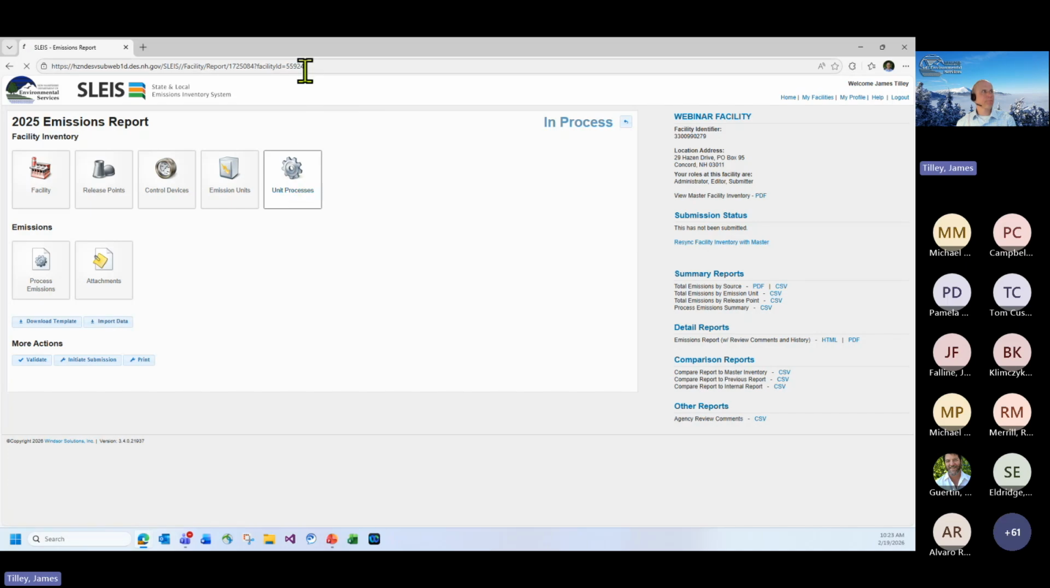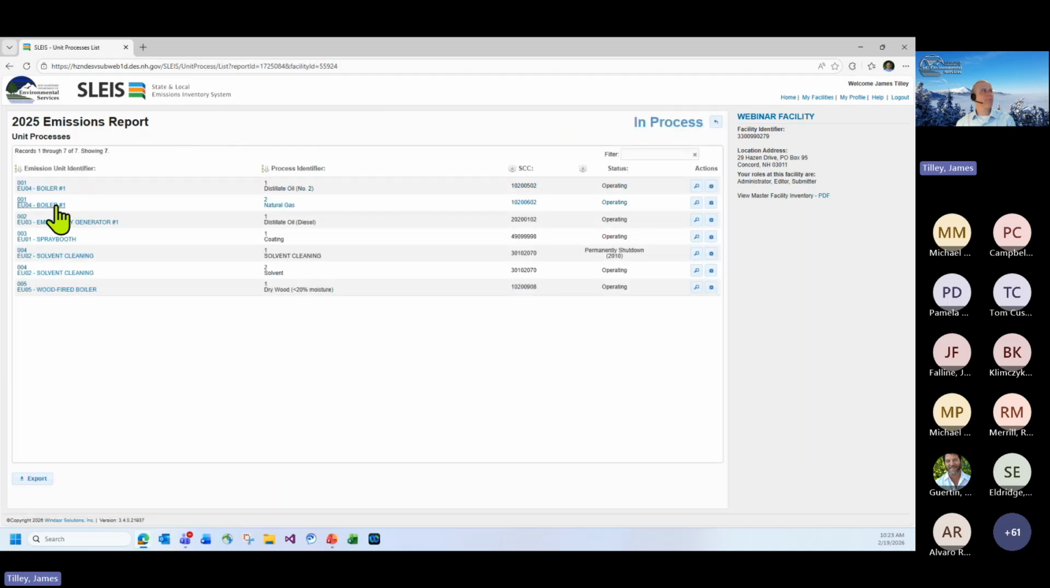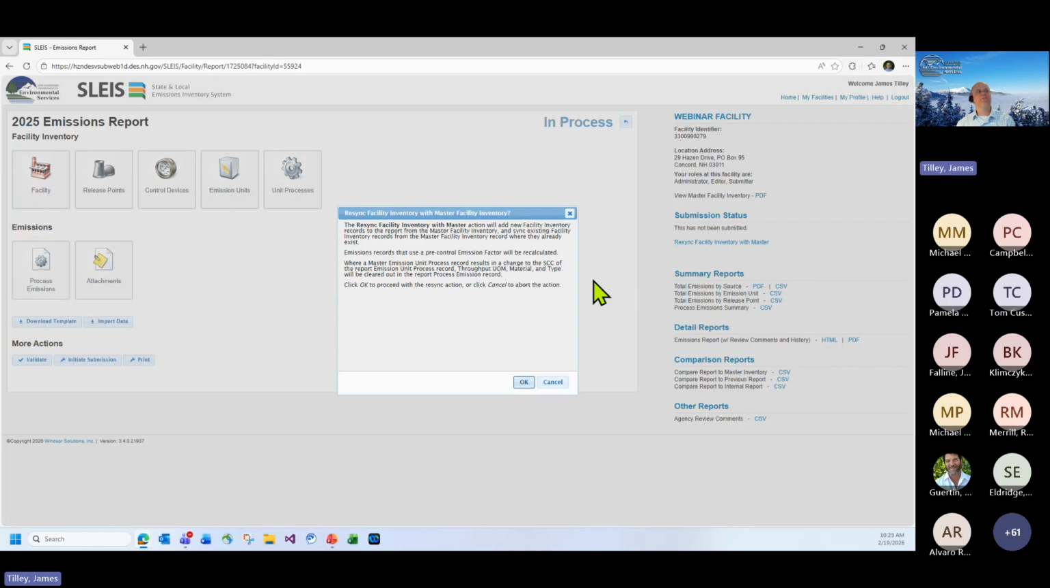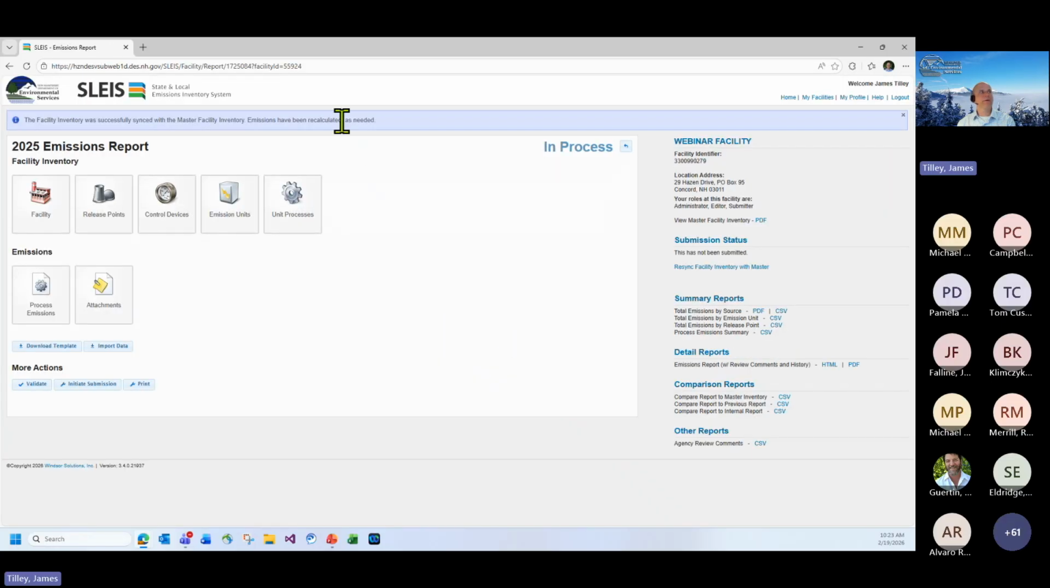So for example, let's say this wood-fired boiler down here, we have it in here for dry wood. Let's say it also burns wet wood, and you need a process to be able to enter those emissions. You would contact me and say, hey, James, I need another process. I would add that to the master facility inventory on my side, and then email you and let you know I've done that. And then you would click this button called Resync with Master Facility, or Resync with Master. And you would click OK, and it would resync, and whatever changes we make on our end should happen on